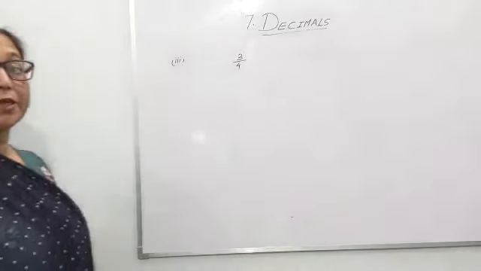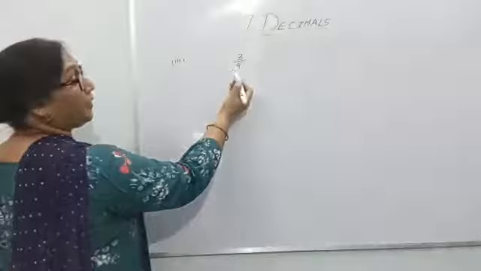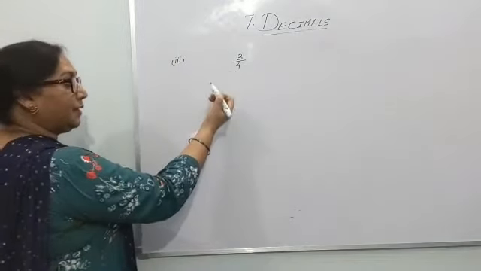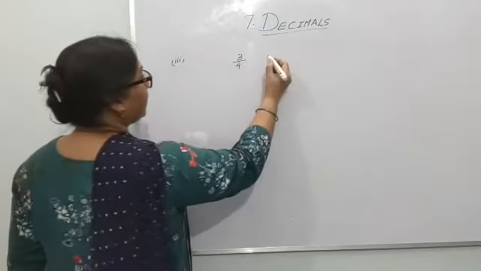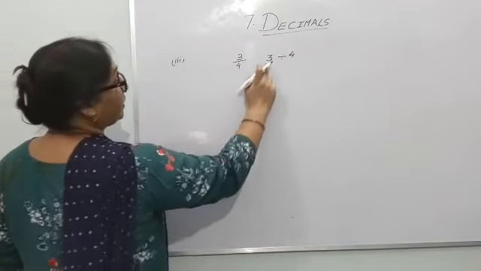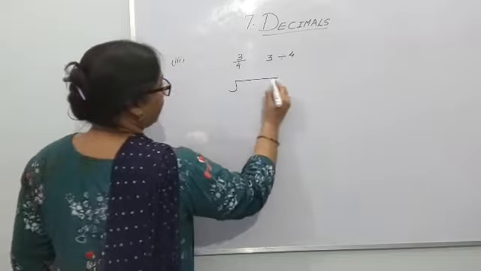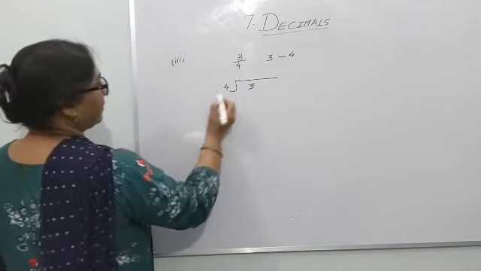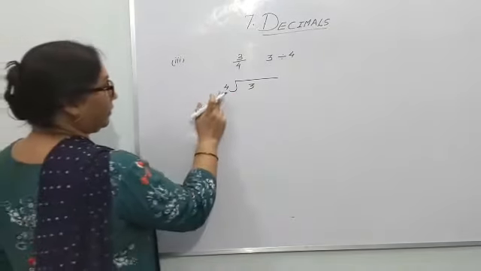Let's move on to one more example to make it more clear. The division sums can be asked in this way. Convert this fraction into decimal. Again, this is a division sum. It means 3 divided by 4. So how will you proceed? 3 is the dividend and 4 is the divisor. Place them accordingly. Then proceed.